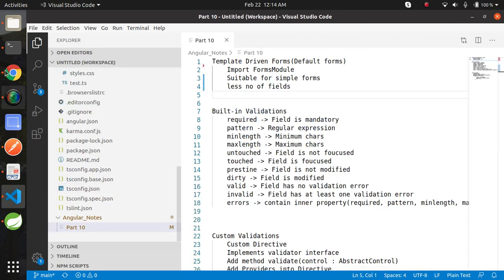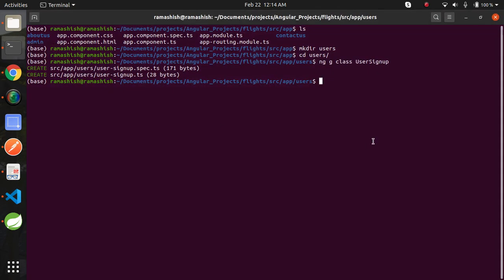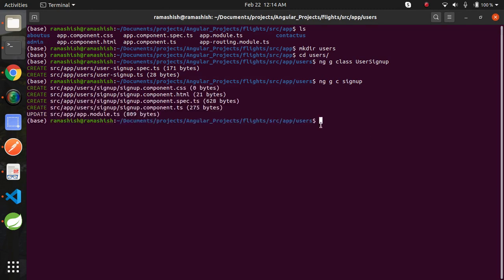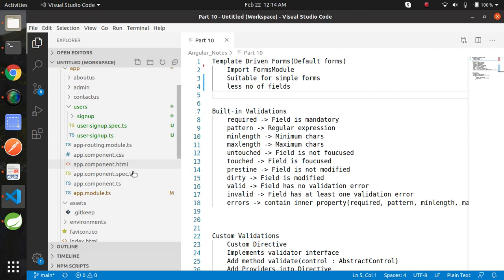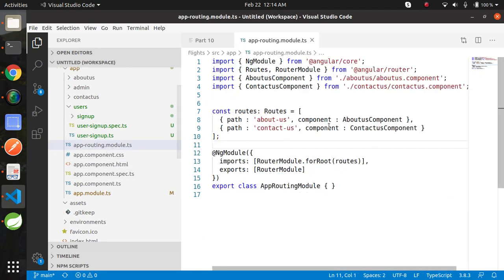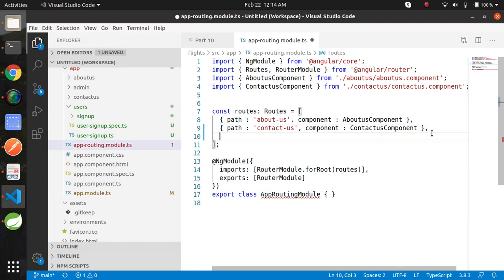Close this file. Now create component sign up. ng gc. We have successfully created the sign up component. Now go to your routing file, app-routing.module.ts, and map the sign up component here.